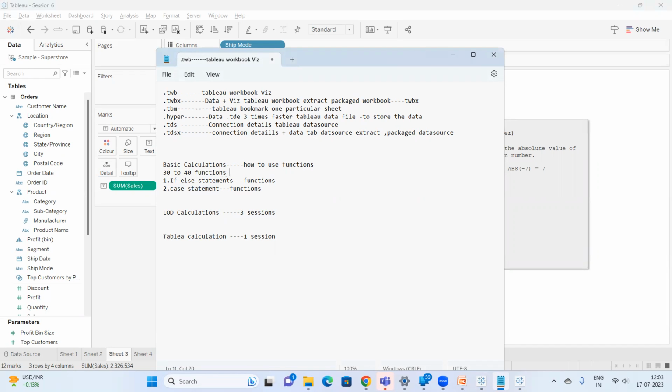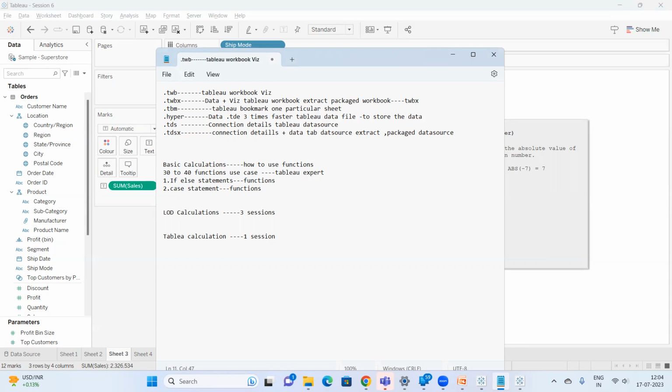If you know what the use case of those functions is, and how to write if-else and case statements, and you include those 30 to 40 functions in them, then you can be a Tableau expert,